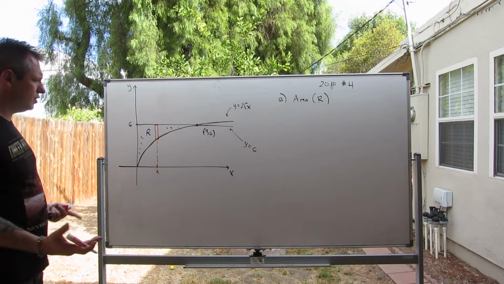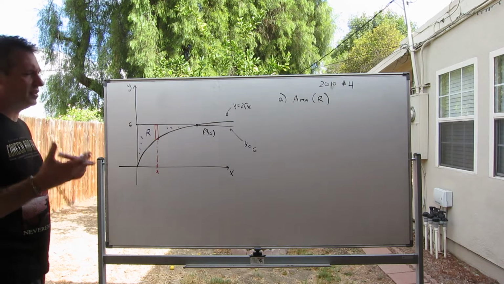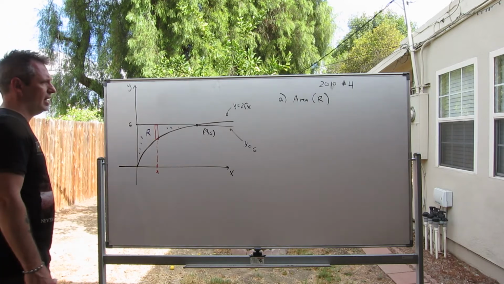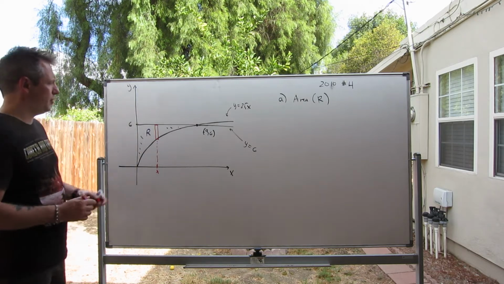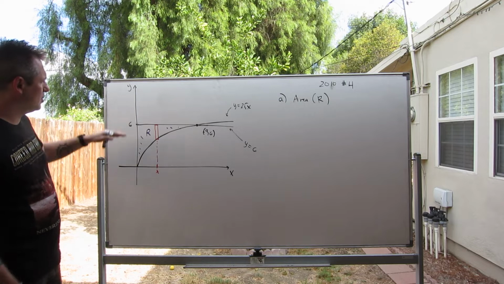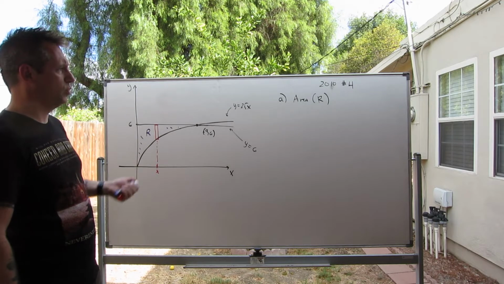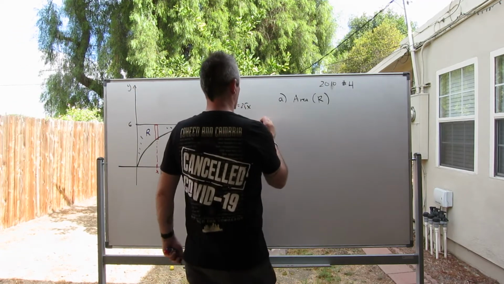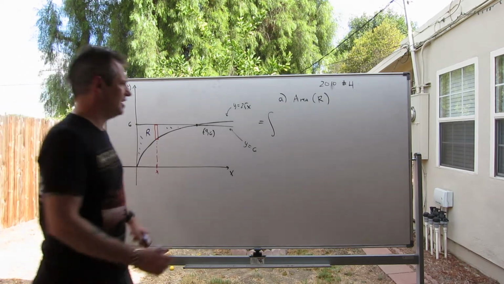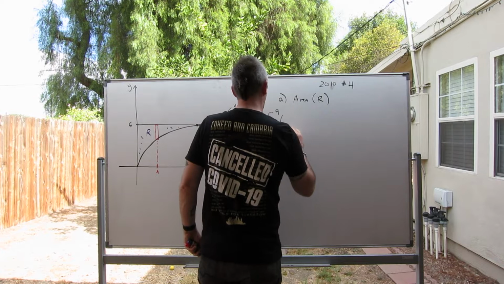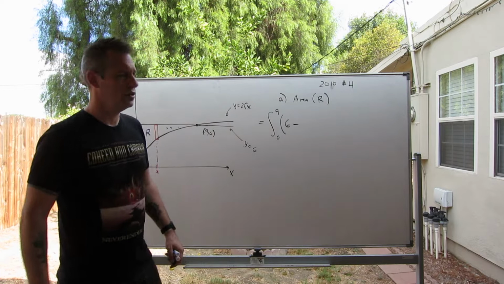What I would generally do is add up the areas of all of these little tiny rectangles and take the limit as the number of rectangles goes to infinity, and we'd end up with a nice integral here. What's important ultimately is the height of those rectangles, which you can see is always the top function, y equals 6, minus the bottom function, y equals 2 root x. So therefore the area of R is simply the integral from wherever x is allowed to start to where it ends, in this case 0 to 9, of the top function, y equals 6, minus the bottom function, 2 root x,